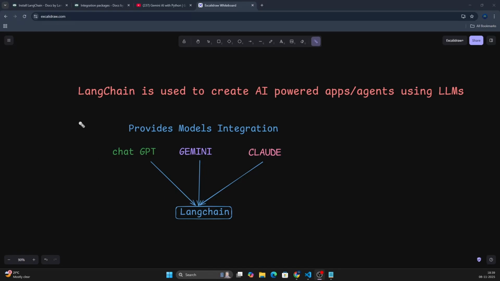In this video, I am going to guide you on what exactly LangChain is, how to install LangChain in your own system, and how to create a very simple AI-powered agent using LangChain. Now, LangChain is a framework which can be used to create AI-powered applications, or I would say AI-powered agents, and these agents are actually powered by AI, and these AI are nothing but the large language models. So I would say LangChain is a framework which is used to create AI-powered apps or agents using LLMs, the